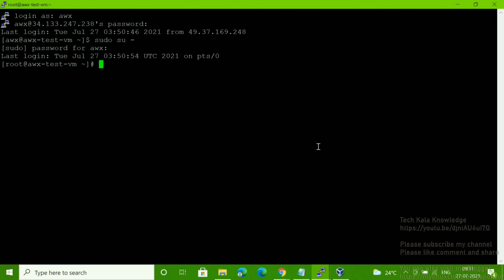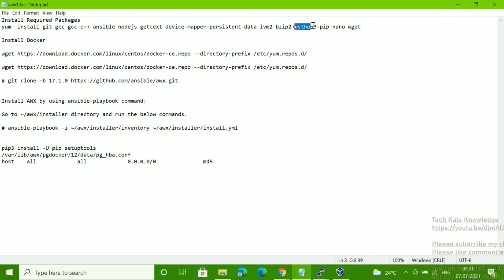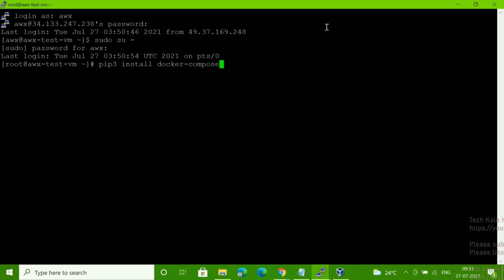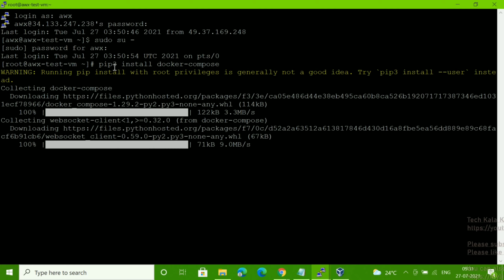Okay, so what we have to do now is install Docker Compose. We will use pip3 install docker-compose. Pip3 means that once we installed the required packages, you can see we installed Python 3 pip, so that's why we are using pip3. If in your case you have a lesser version, you can use pip only, or pip2, like that.